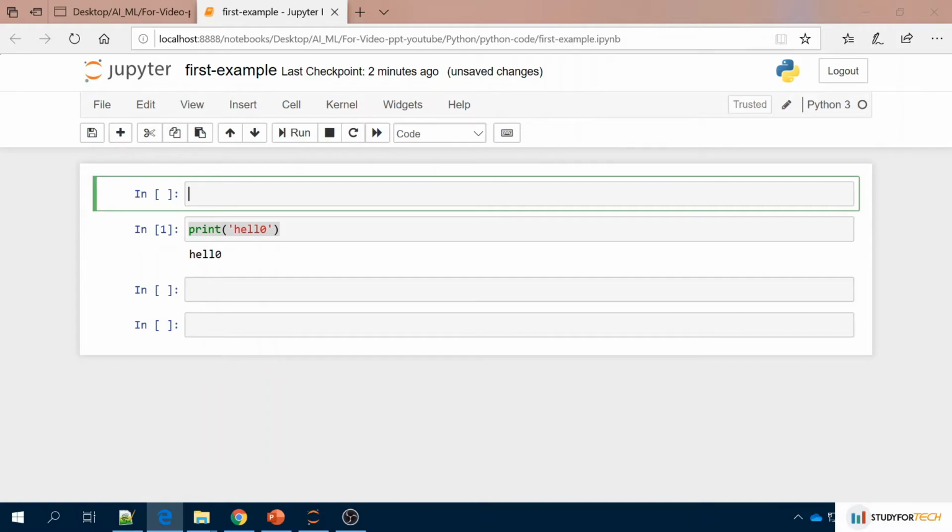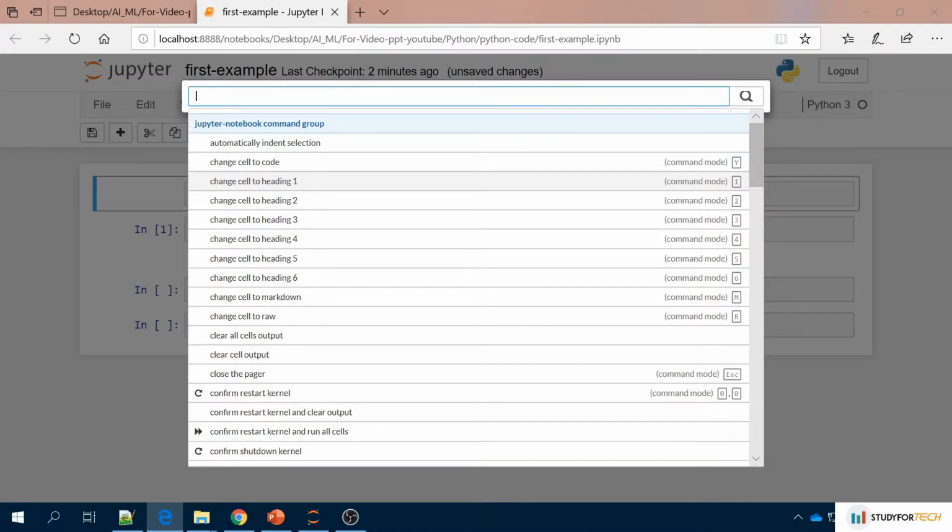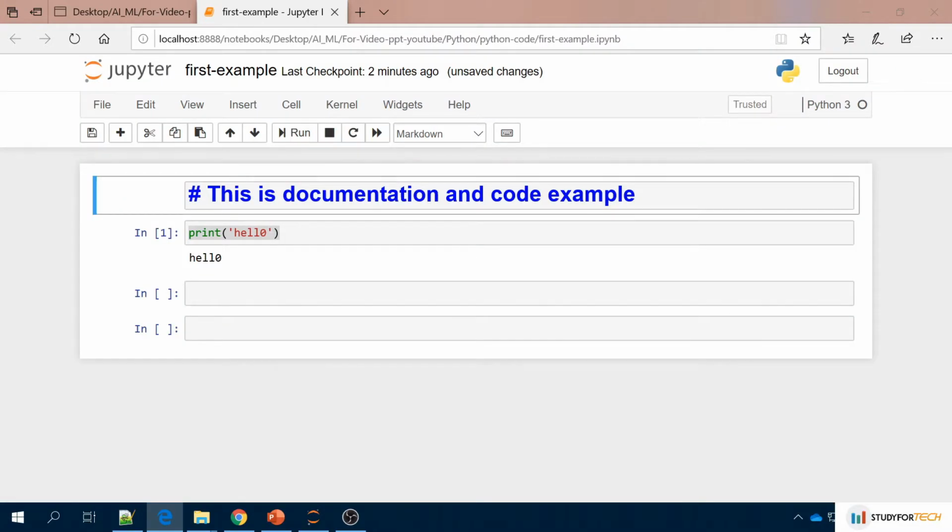Write something here like, this is documentation and code example. If you mark this as Markdown and select Heading 1, it will appear like this. So this is a kind of documentation.